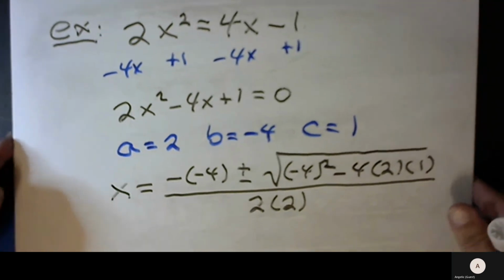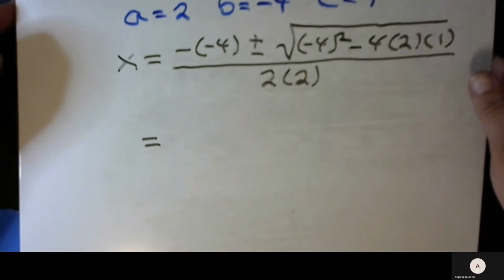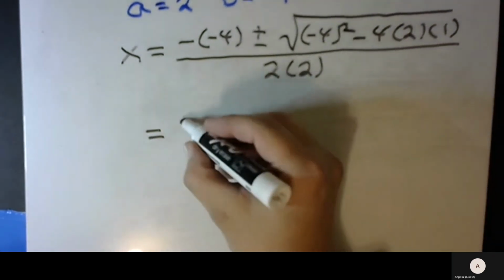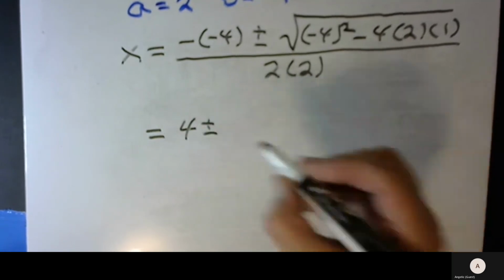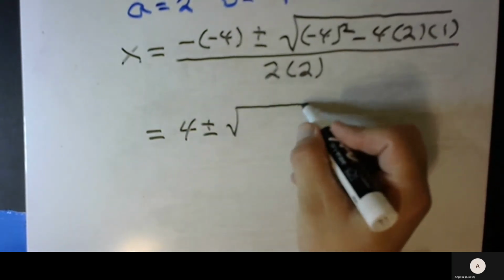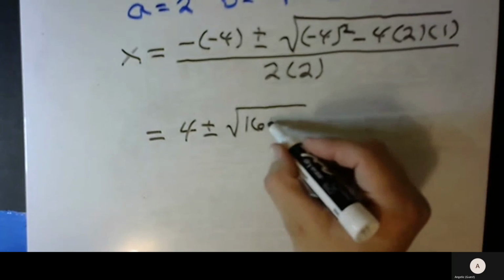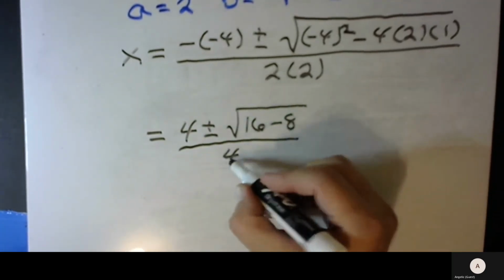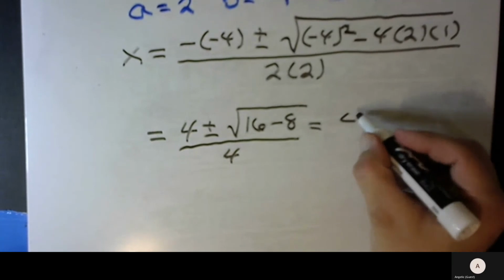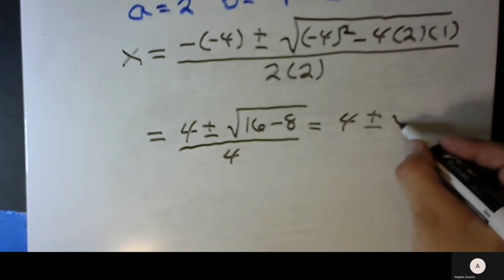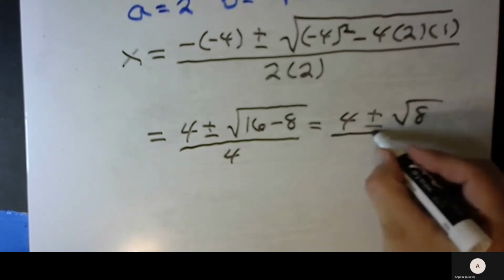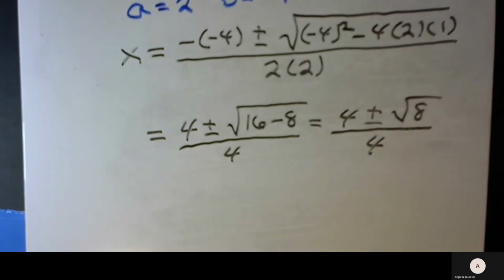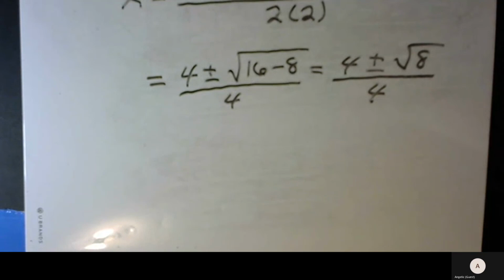So simplifying this down, we'll get 4 plus or minus the square root of 16 minus 8 over 4, or 4 plus or minus the square root of 8 over 4. And this is where we have to have kind of a talk, because we're going to take the